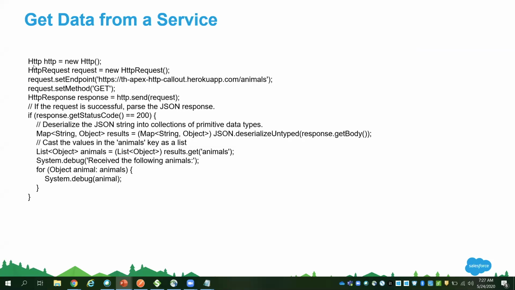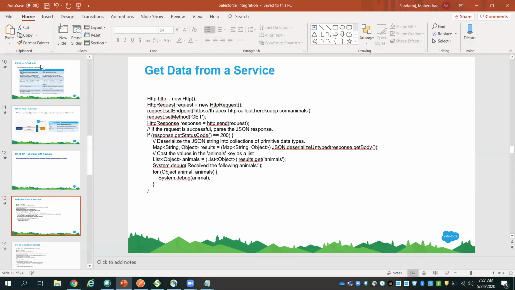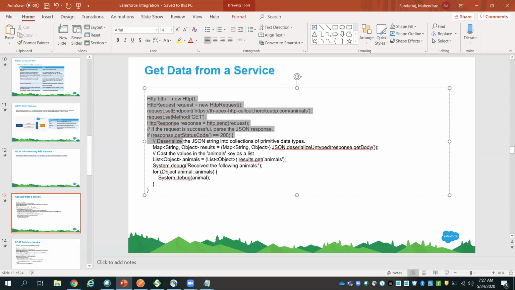And the next thing is how to get data from a service using Apex. This is a small Apex code. If you see here, using Apex you are setting the method as get, and there is an endpoint URL. The request is an HTTP request; you are initiating the HTTP request, and you are setting the get method.